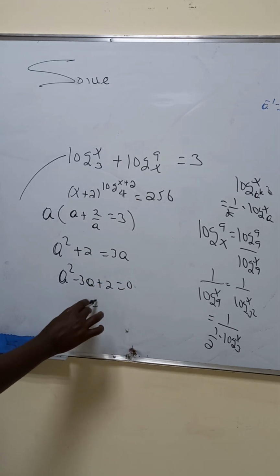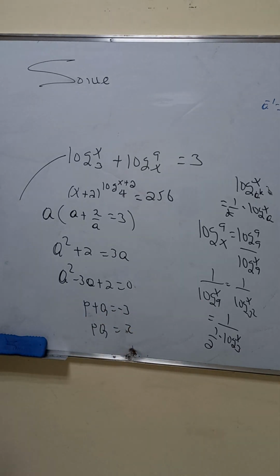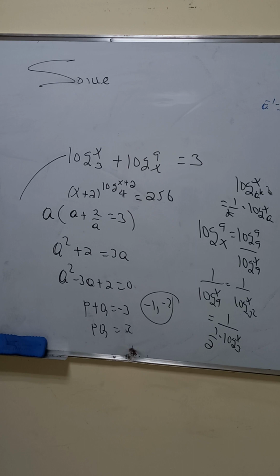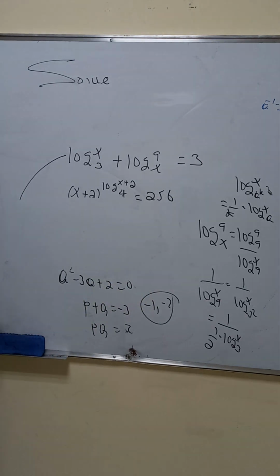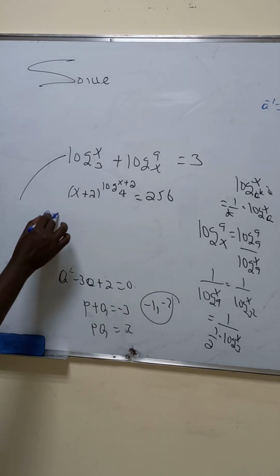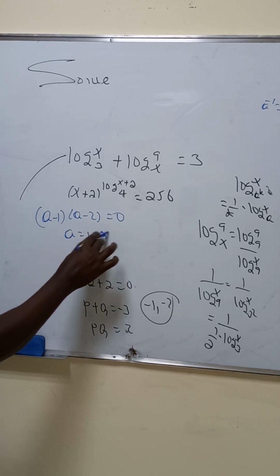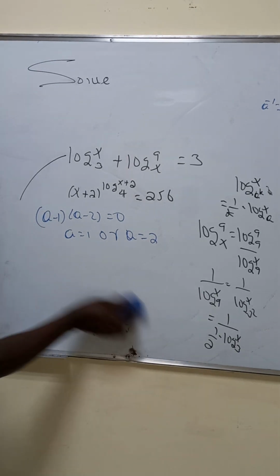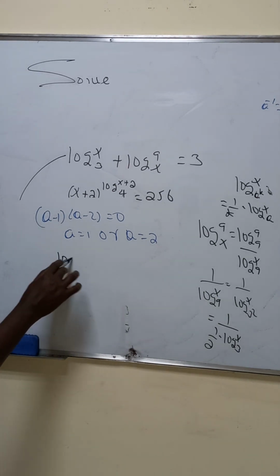So we need two numbers that add to negative 3 and multiply to 2, which are negative 1 and negative 2. We get something almost similar to what we did earlier. Now this can be factorized as a minus 1 times a minus 2 equals 0, so a will be 1 or a will be 2. I showed you in the first question how we can solve this. This is the value of a, so a has two values. So what is the value of x? The logarithm of x